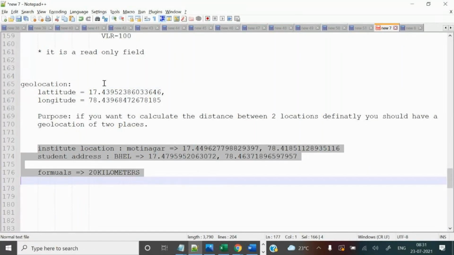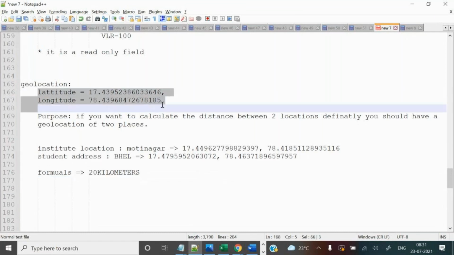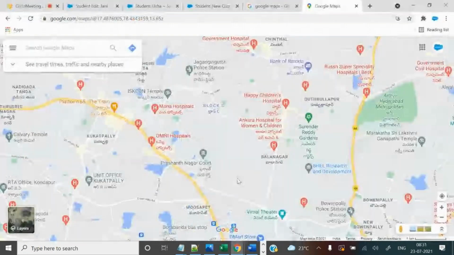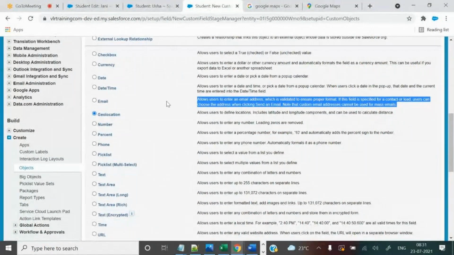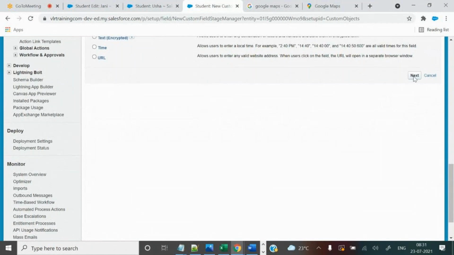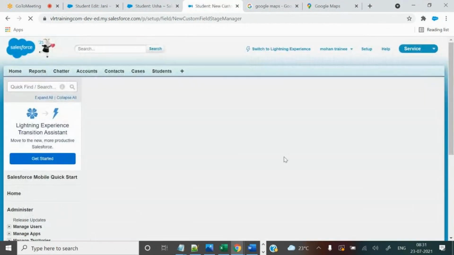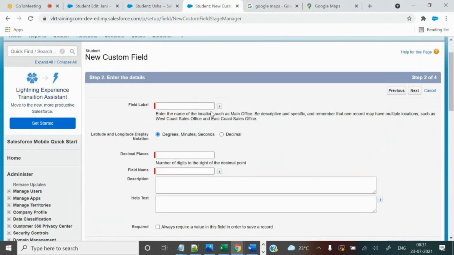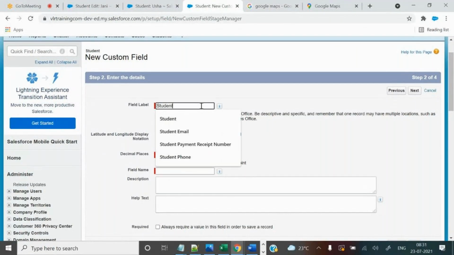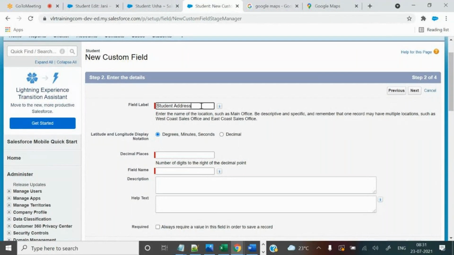Okay, that is the reason we are just storing it here. If you want to store, how we are going to store, let me show you. Let's go to the field now, calculate the geolocation. Next. Okay, student's address. Now we can store the student address geolocation.